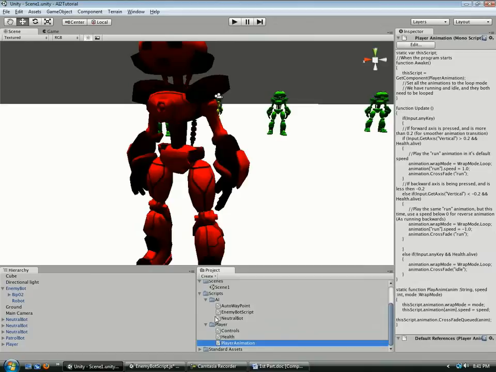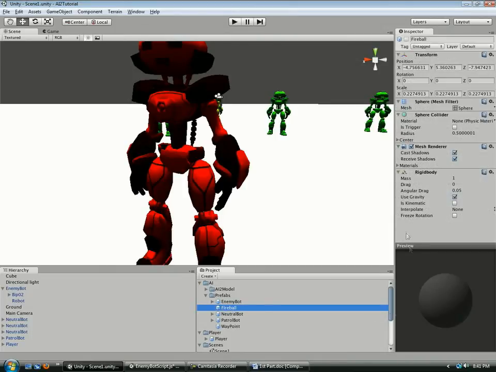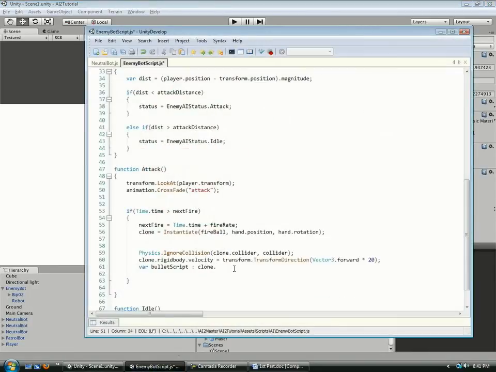So if you go into the prefab section to the fireball, there's going to be a script right here called bullet script, and we need to add it. So game object dot add component bullet script, and then